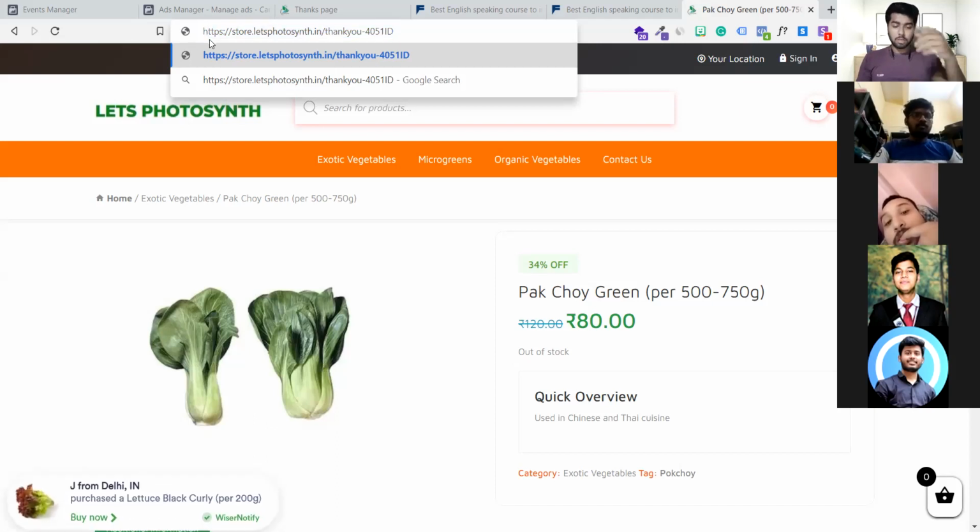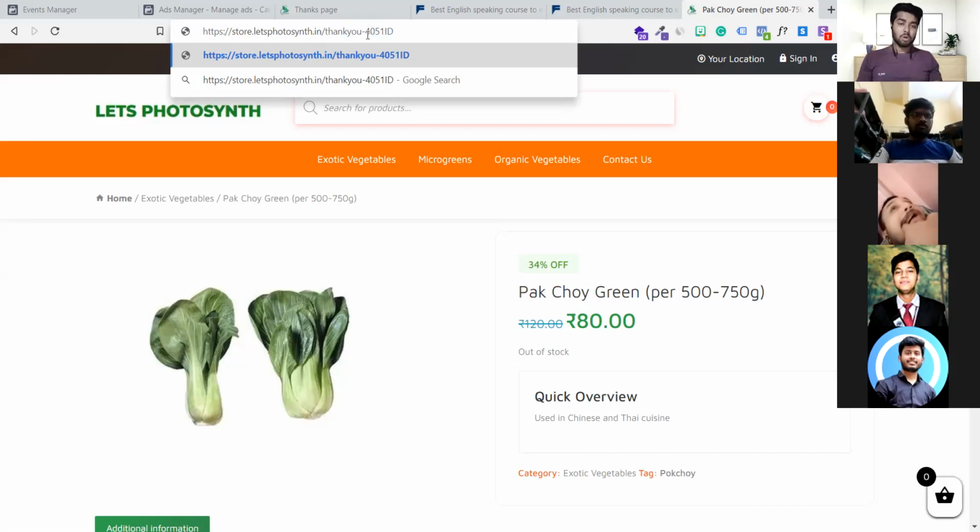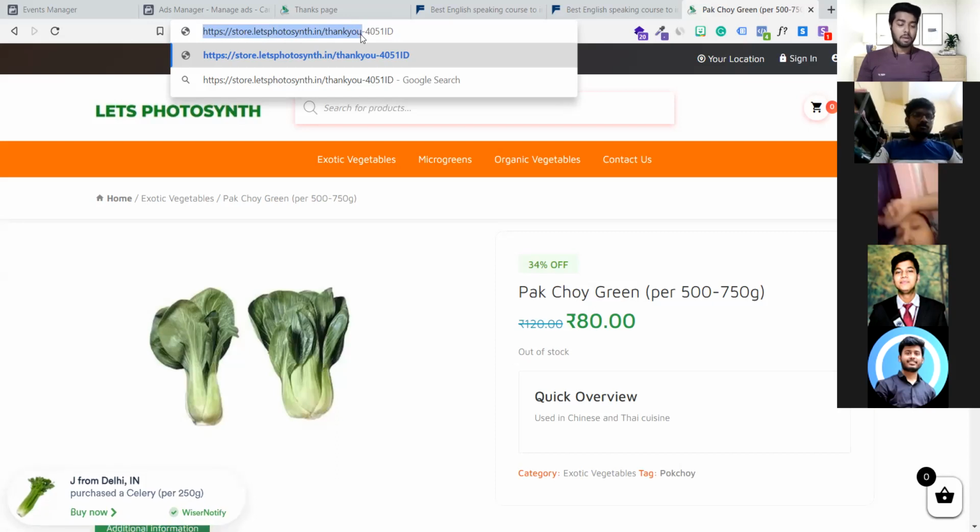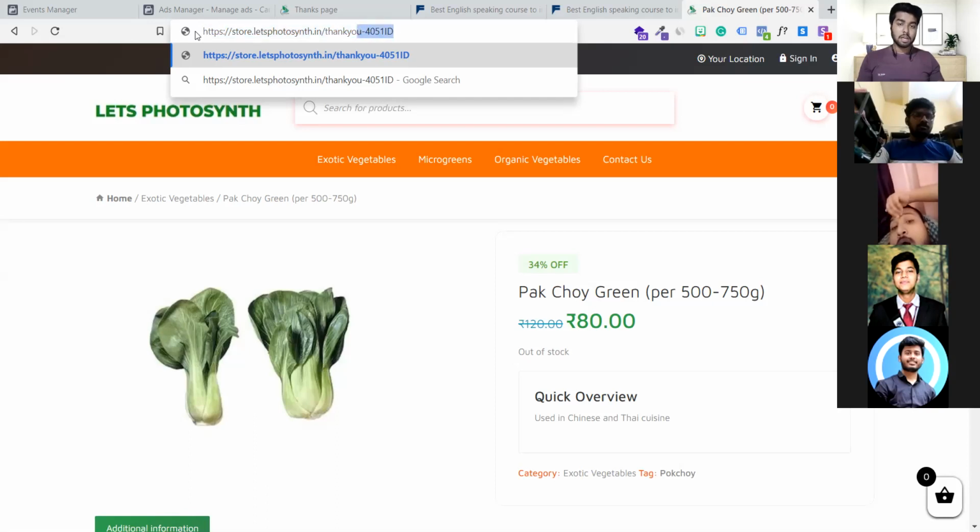If you do a custom conversion, it will be very difficult to track everyone, because every time this URL will change, since a new order ID comes for every person. So how will you track it? It is really difficult. The basic thing is you have to say: until this portion is filled, mark it as a conversion. Don't read this information; read the information only till this part of the URL.